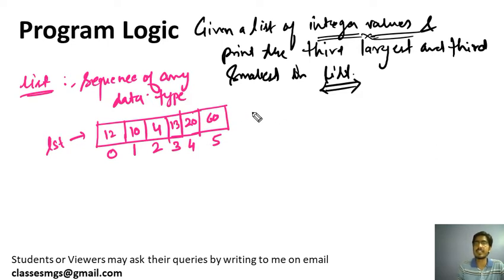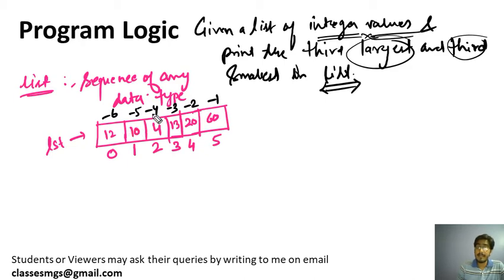And negative indexing is also possible on the list. You should know the indexing first, because otherwise you will not understand what we are going to discuss to find the largest and smallest element in the list. So these are the negative indexes: -1, -2, -3, -4, -5 and -6. This is the list, let's suppose.